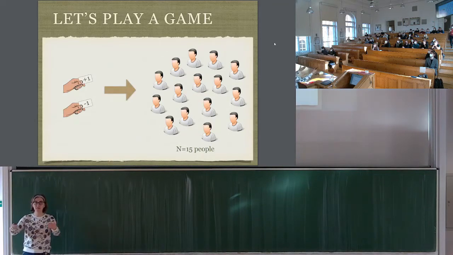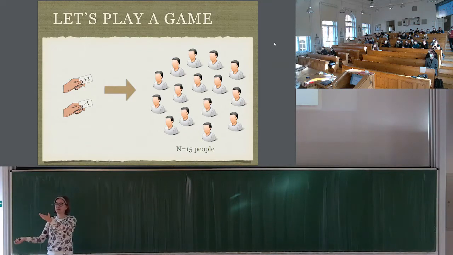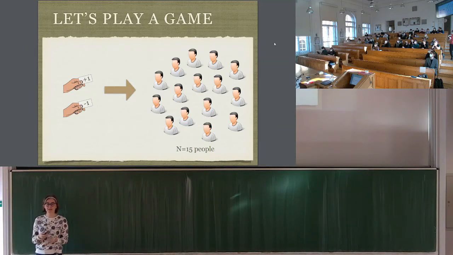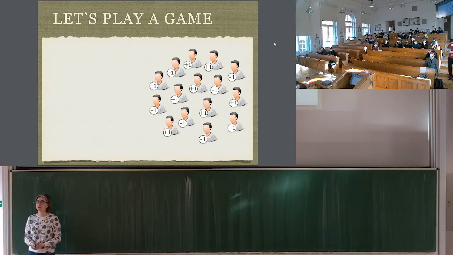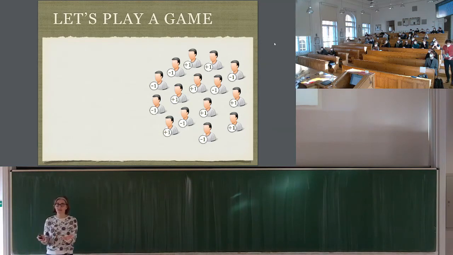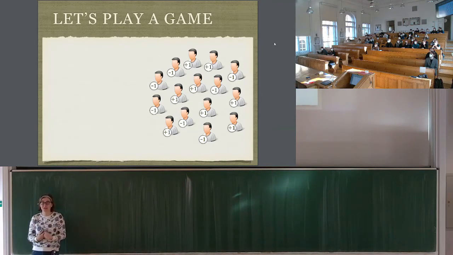So imagine we have people in the room, like you, okay, 15 in my slide, say 30 in the room, and I have a deck of cards that have either +1 on them or -1, roughly the same number of each, okay? And I go around and I give each of you one card at random. I don't see the cards, you do. You see each other's cards and your cards. The game will be I have to guess your cards. Okay? I gave you the cards, I was not cheating, I didn't look at them, and now you have your cards, and I will be guessing which card you have.